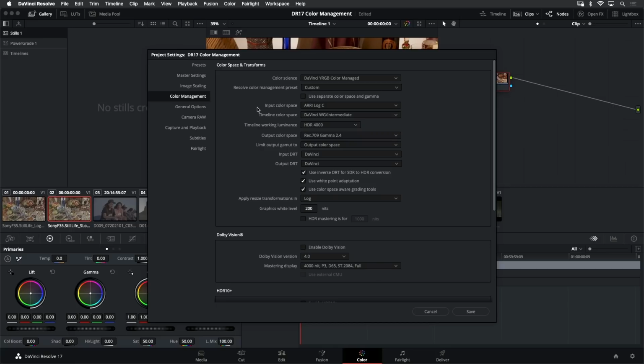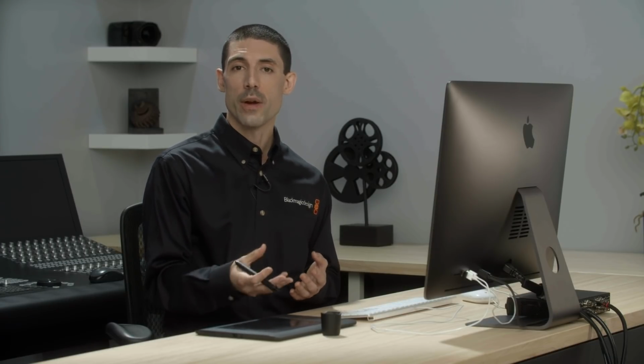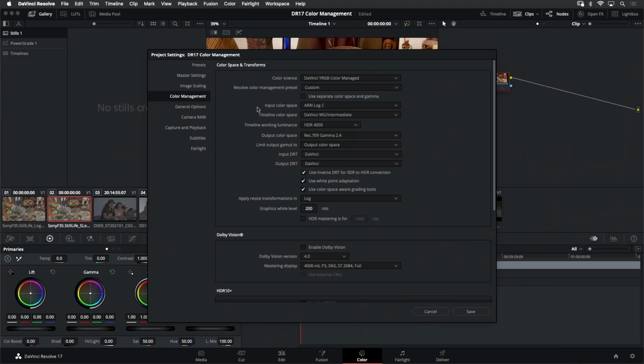Next, we have a timeline color space. Timeline color space is a more advanced consideration within color management, so I would encourage you to leave this at its default of DaVinci Wide Gamut Intermediate unless you're more experienced and you have specific reason to select another color space.